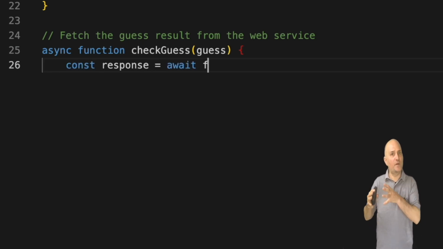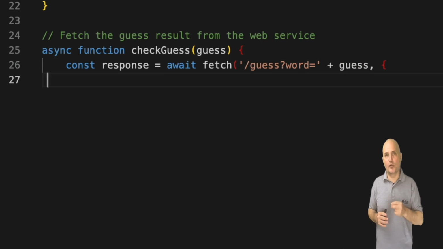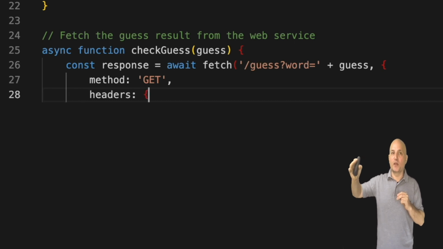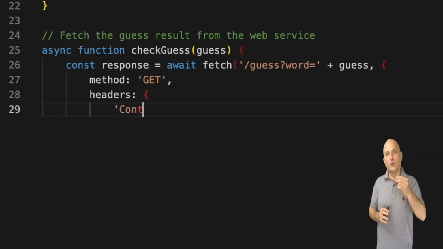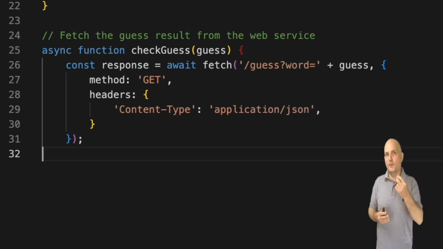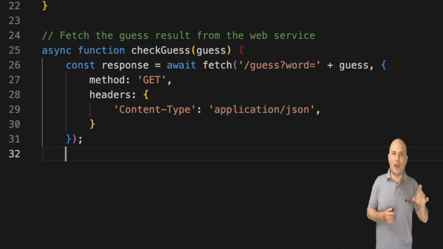We invoke the fetch function that accepts a URL. I don't include the server since it's a URL in the server we came from, the origin server. We use the get method and the URL should be familiar to you. If you remember the old guess web service we built when we started with Spring Boot, it's that exact unmodified web service. Notice we pass a header requesting JSON. This is important as it hints to the server that we want to get a response as JSON. But the important part is the await.